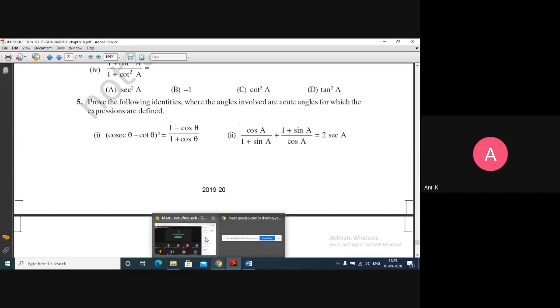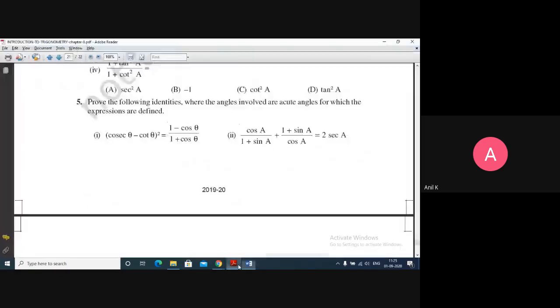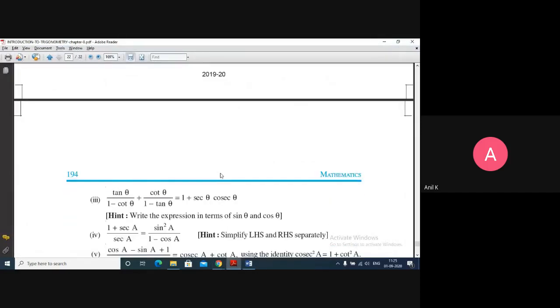Let me see what you said. You said you can solve. Okay, try it out. Not getting it anyhow. We have the next class, because we have some other questions to solve which are really difficult for you all. Third question, tan x upon 1 minus cot x. I'll solve the third question.